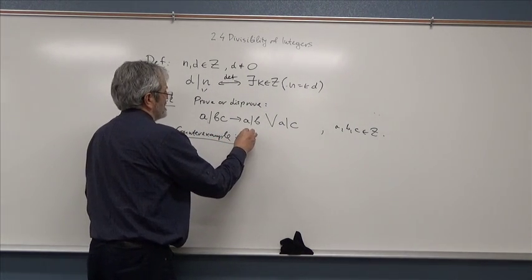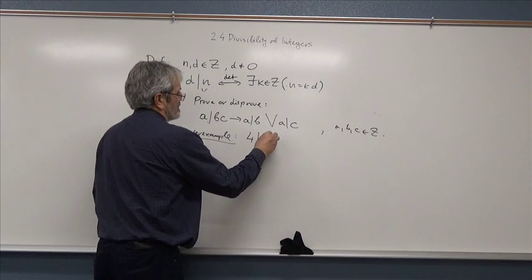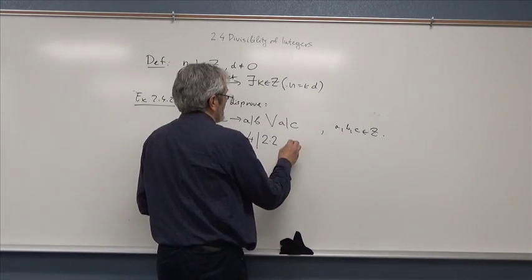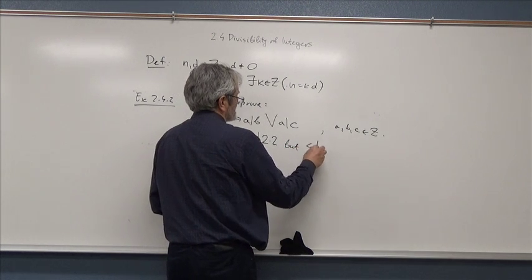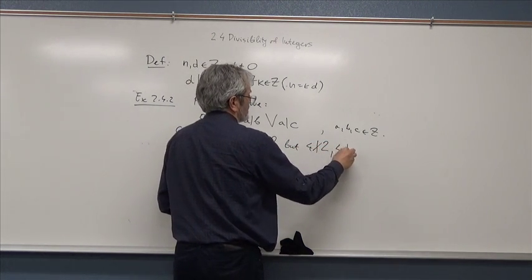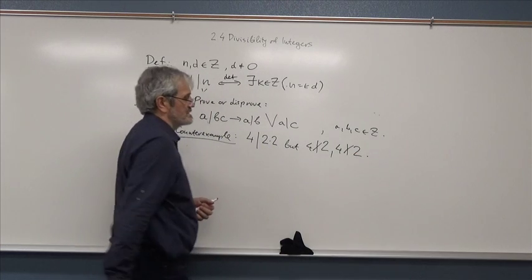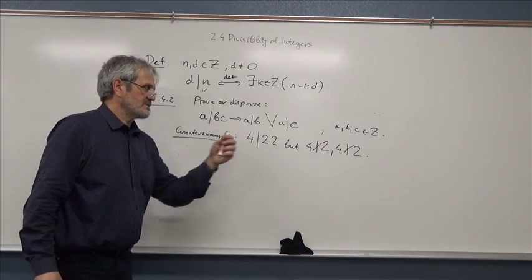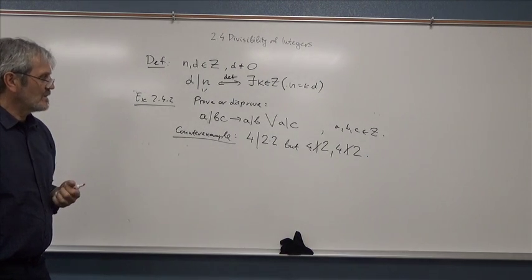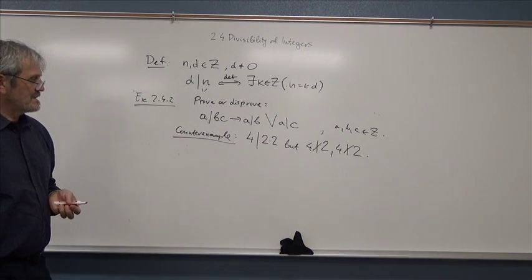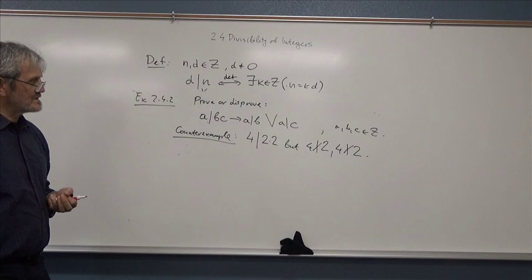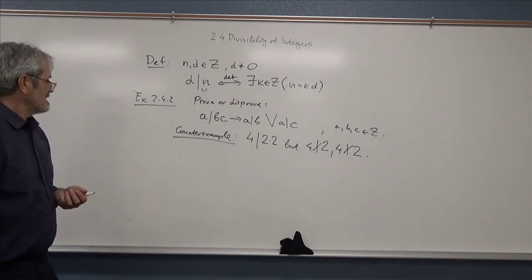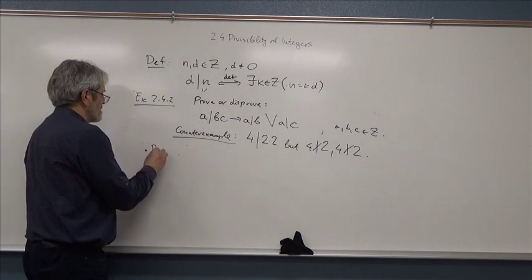Let's say the following: 4 divides 2 times 2, because 4 divides itself, but 4 does not divide 2, and 4 does not divide the second 2 either. So here's the counterexample. The left side is correct, the right side is not. So this is a statement that sometimes people use in their argumentation, but it is incorrect. Just as a remark,